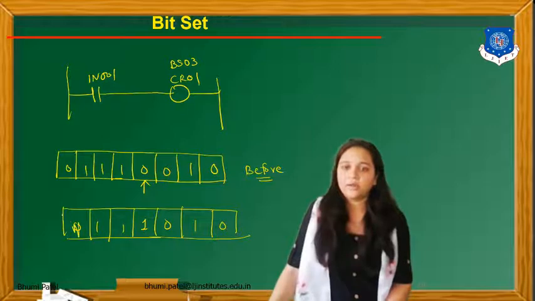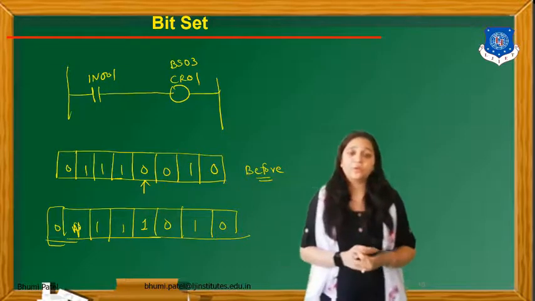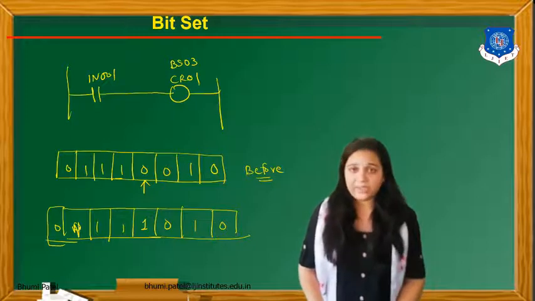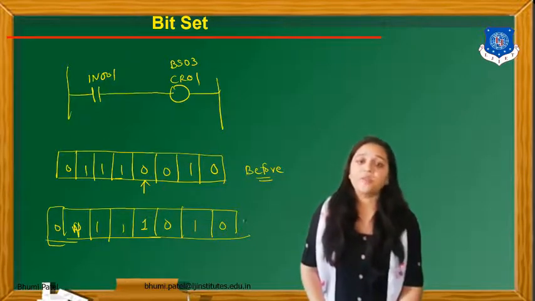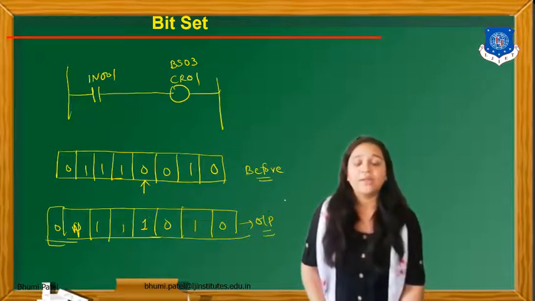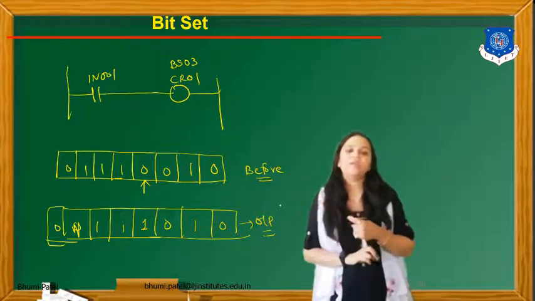Again here 1 and the last one is the 0. Okay. So now my new 8-bit data is like this manner. So in some particular application, if any one bit is changed, my output will be changed, or if we can get the proper output, that time we can use the bit set, bit clear and bit follow instruction.